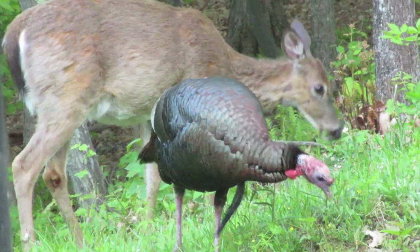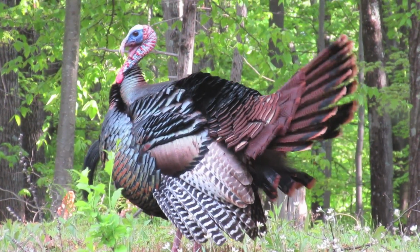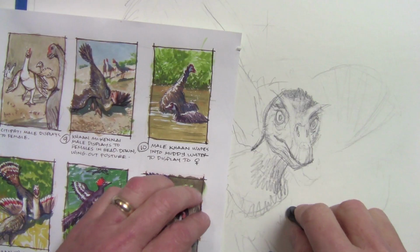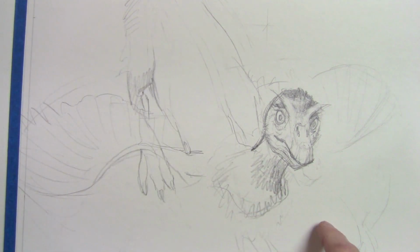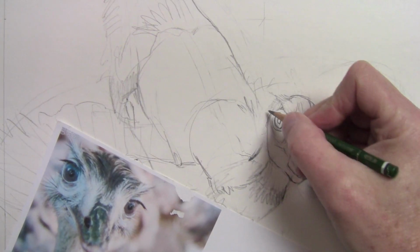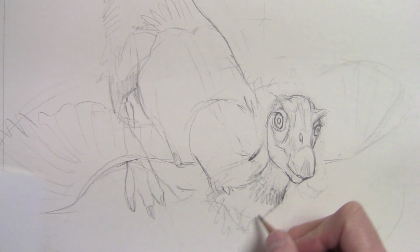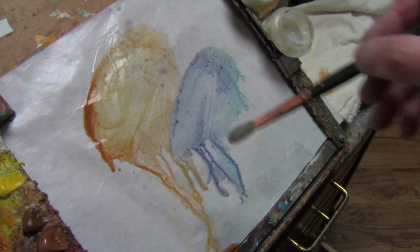I'm thinking now of the turkeys and their amazing behavior during the mating season. As I draw him, though, I work on the face and it just doesn't look right. It looks like a Dr. Seuss character or something. So I erase them many times until I get the face looking the way I want to. When I'm done, I spray them with workable fixative and then paint it with acrylic matte medium,